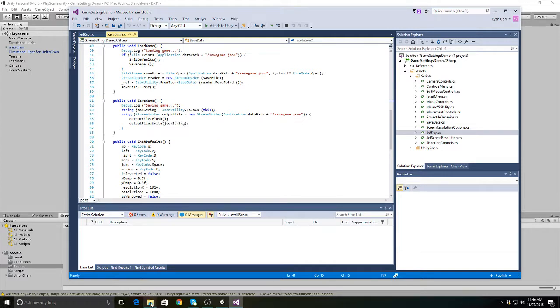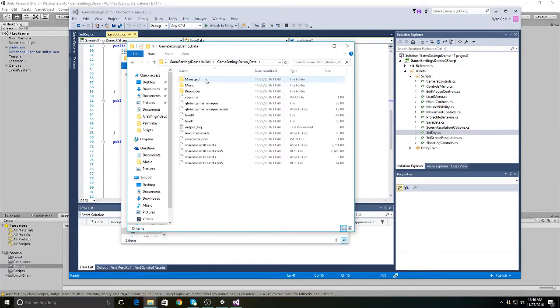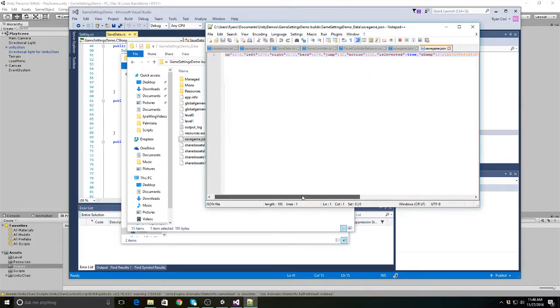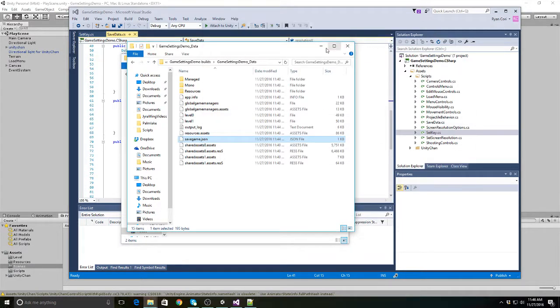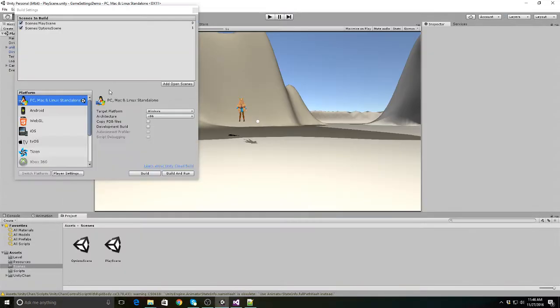In the game path. Actually, I think that's where I'm saving this video. Go to here, save game.json. I can open this up and you can see all these key codes in here as well as some XY dampening values, the resolution of the screen. I'm not encrypting that or doing crazy stuff. I don't need to do that. This seems a little bit overkill for what I'm trying to do. And then how you set those,